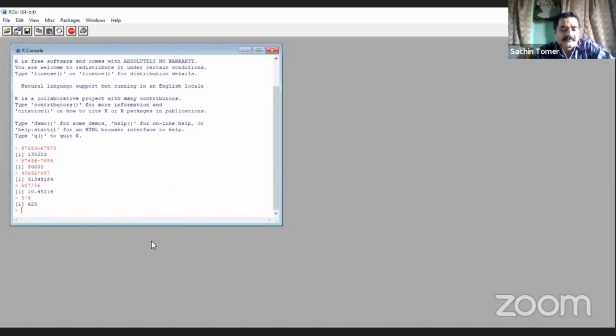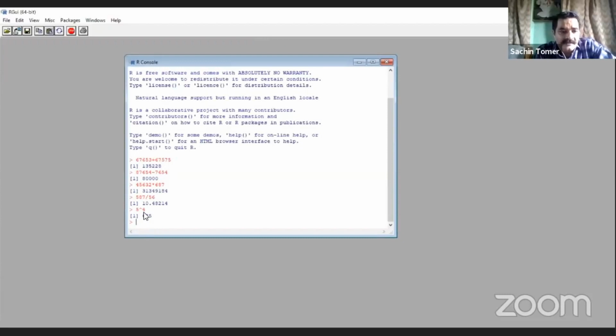What is it? If you have given a command and pressed enter once, you are not able to edit the previous command in the console window.